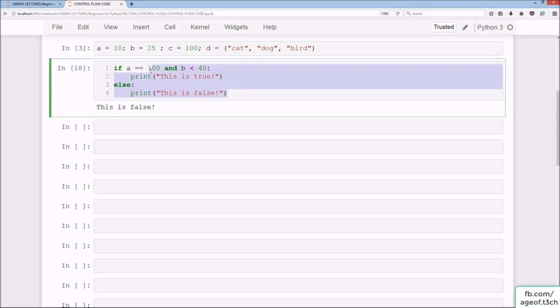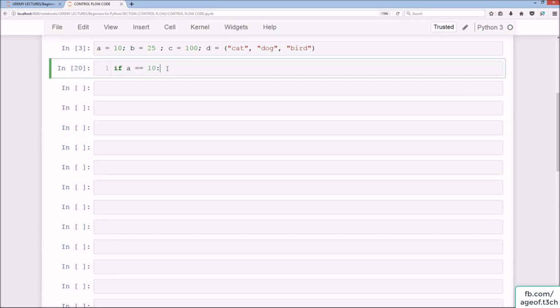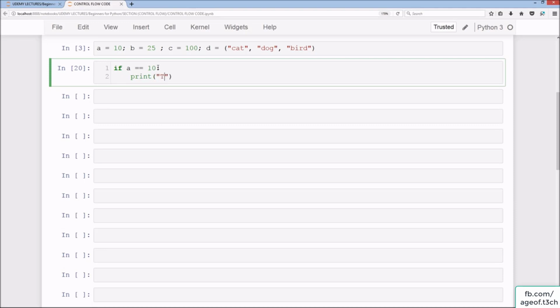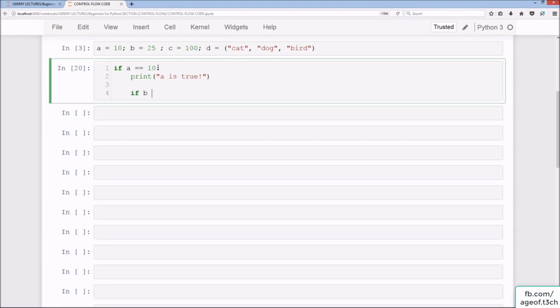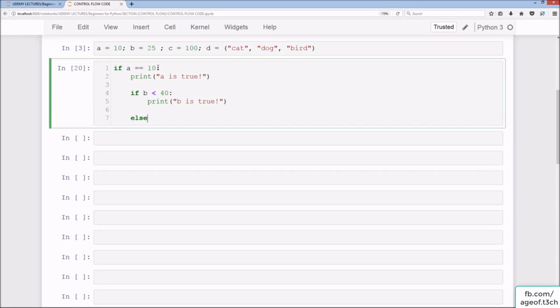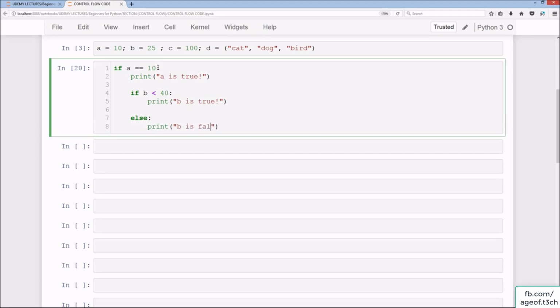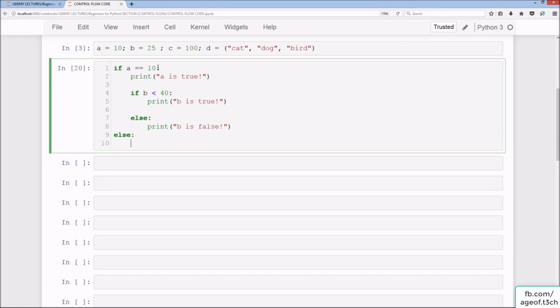Okay, so moving on from that, what we can do is something a little bit more interesting. I'm just going to comment that out to get rid of the error there. Then uncomment it. And we have if A is equal to 10, print A is true. And then we'll do a nested if. So we'll do B less than 40, print B is true, else, make a space here actually, else print B is false. And then we'll do an else, sorry, else print A is false, exclamation mark. So we run this, we should get two trues, so A is true and B is true,